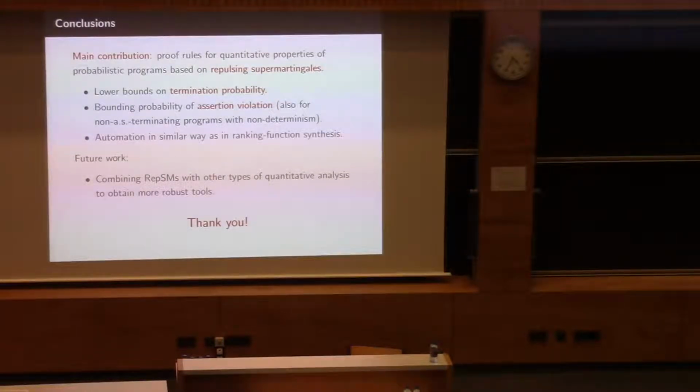If you have some really very complicated, unpredictable stochastic behavior, then things might turn out either way. Let's say there is a large probability of something happening, and this probability stays persistently large throughout the execution, then this approach would not apply. Also, another limiting factor for the current state is that we require these c-bounded differences. So simply the values can't change a lot if you want to tame this information on the probabilistic execution. Although there is probably some way of at least generalizing this a bit, but yeah, it's for future work.